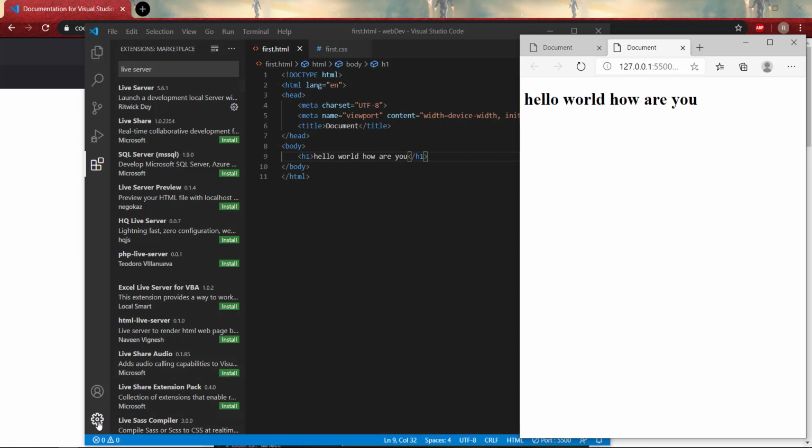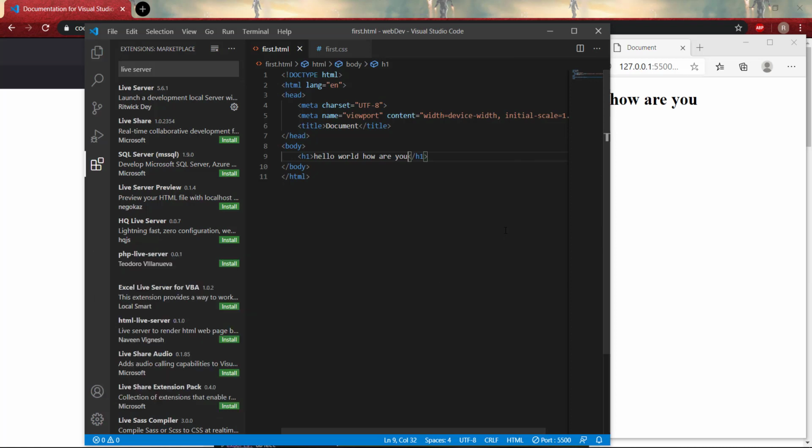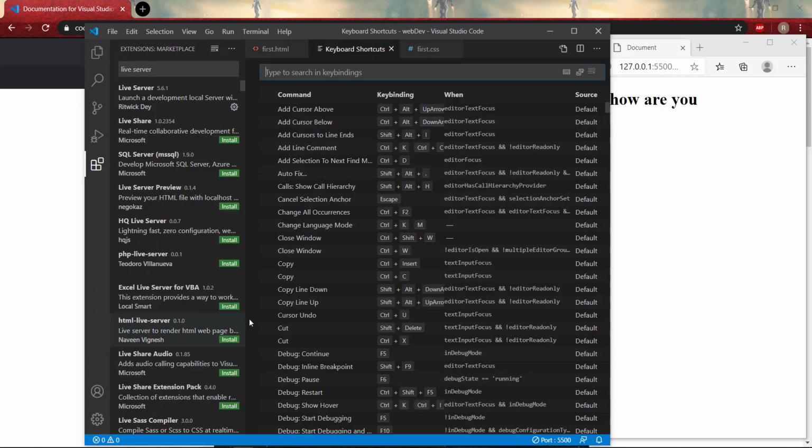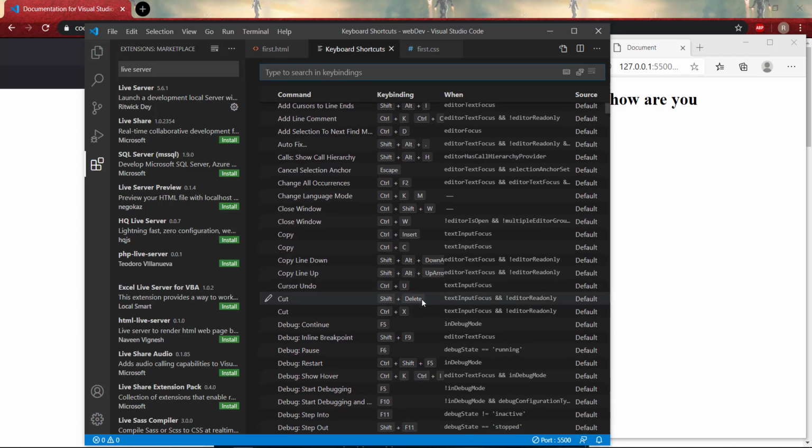This is one more benefit of VS Code, and there are several other benefits, like we have a lot of shortcuts. If you go to the settings and right click on it, you will get some keyboard shortcuts, and you can learn about these keyboard shortcuts and remember them. Also you can change them according to your need, like if you have used some other IDE like Sublime Text and you have some shortcuts in practice, you can change that operation here.